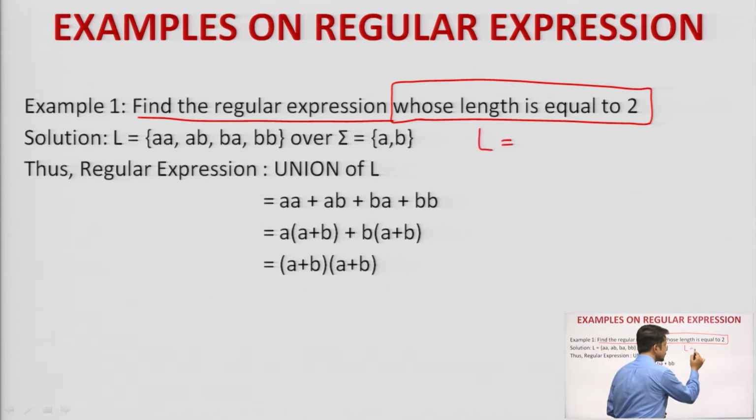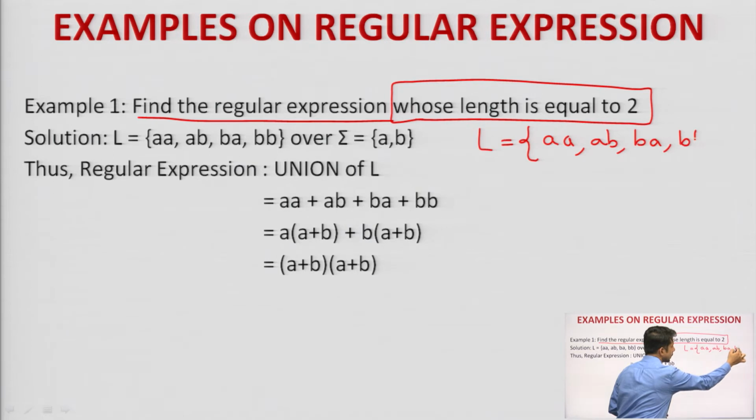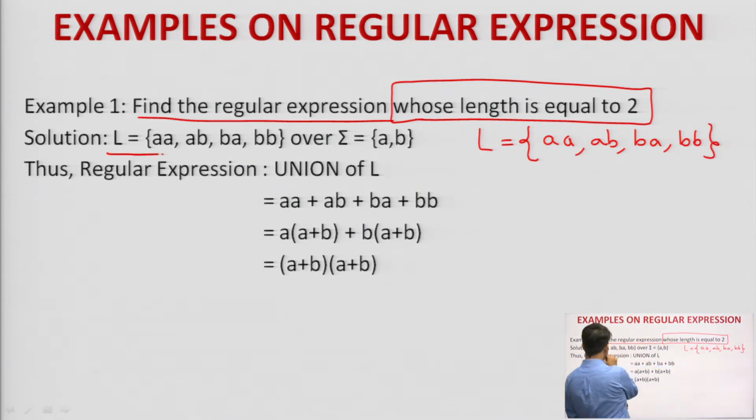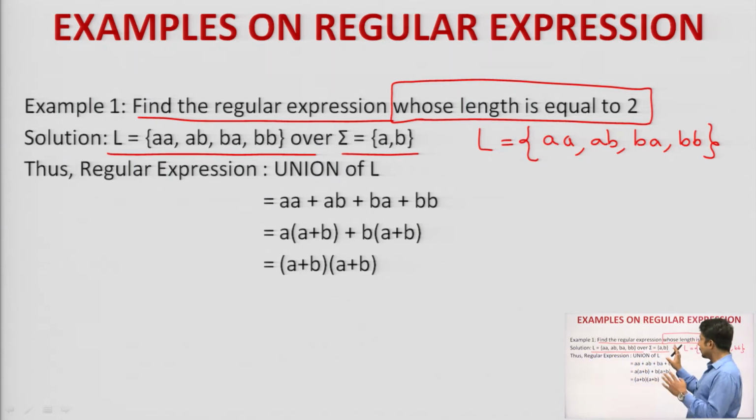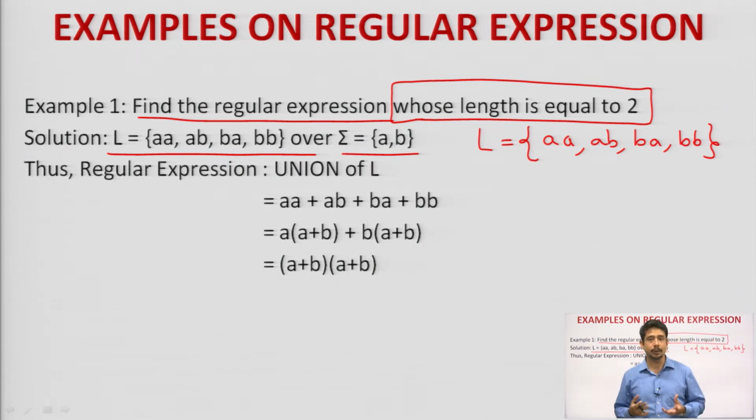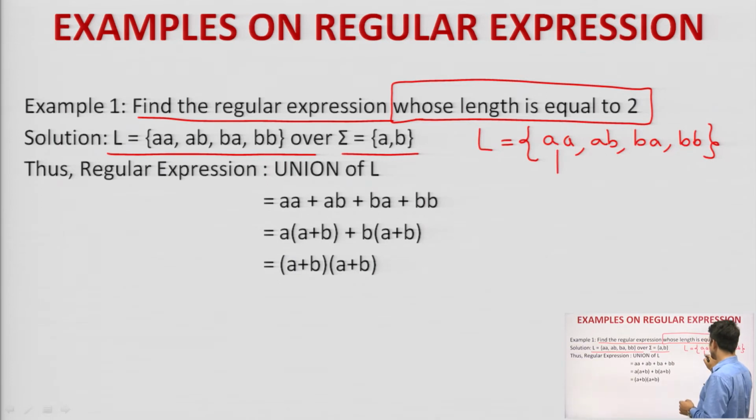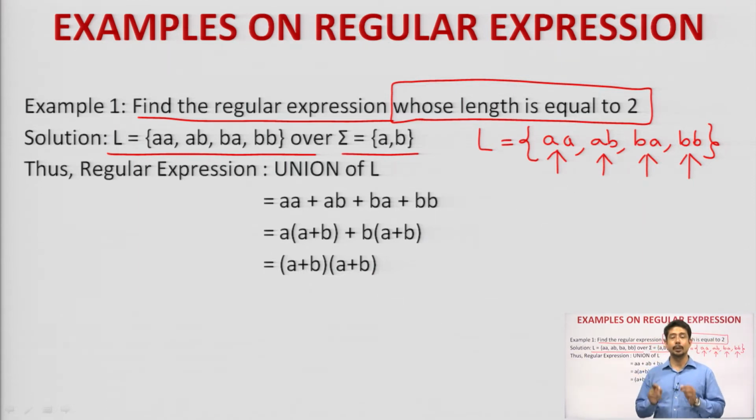I already know the language, that is nothing but AA, AB, BA, BB, which I have mentioned over here. Language is equal to this one over alphabet AB. Okay. Now, you need to find an expression for this. If you have to find the expression for this, expression requires what? Operands and operators. What are the operands that we need to find? Operands here will be whatever strings are present in the language. So, in the language what are the strings present? AA, AB, BA, BB. Therefore, these are the operands that are present over here,